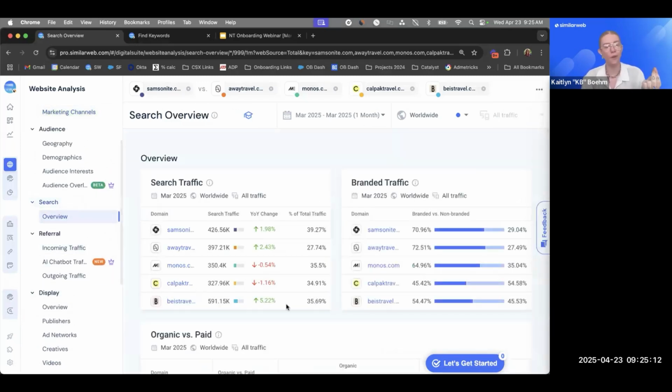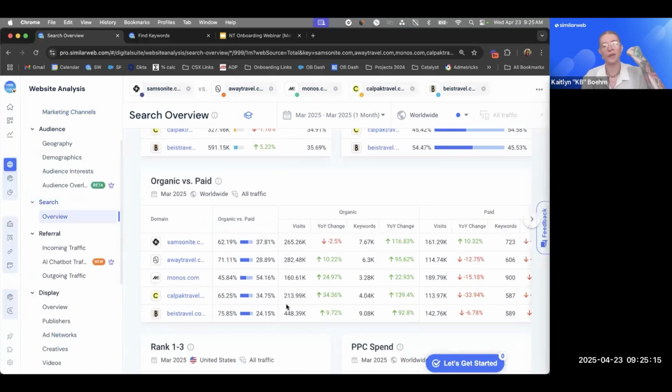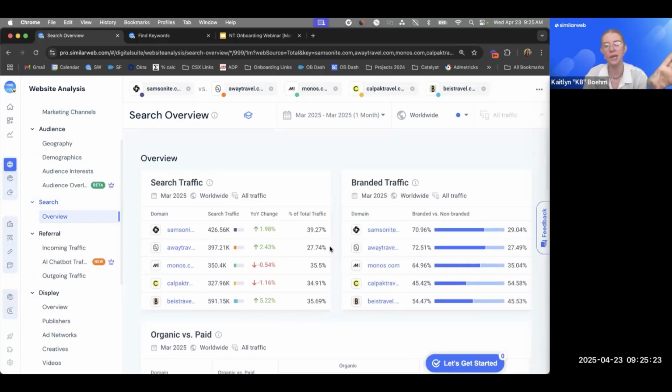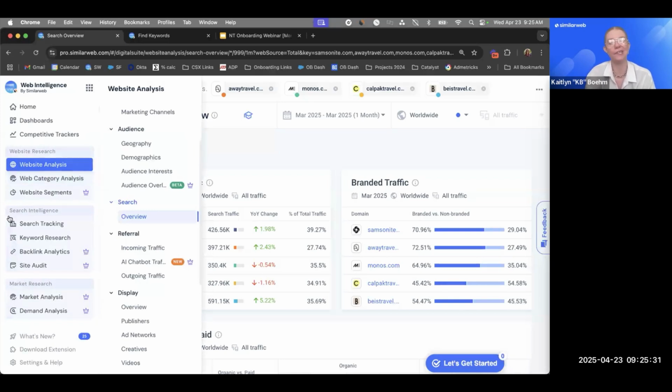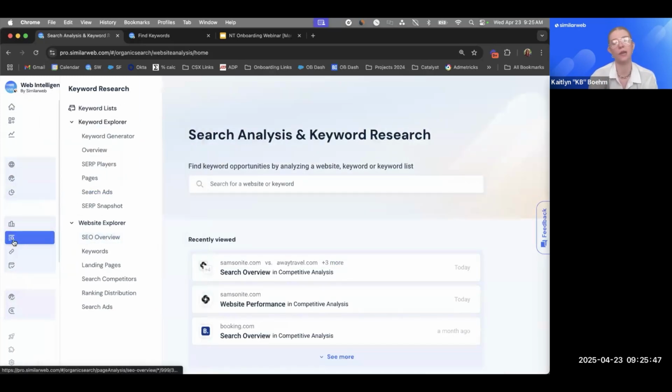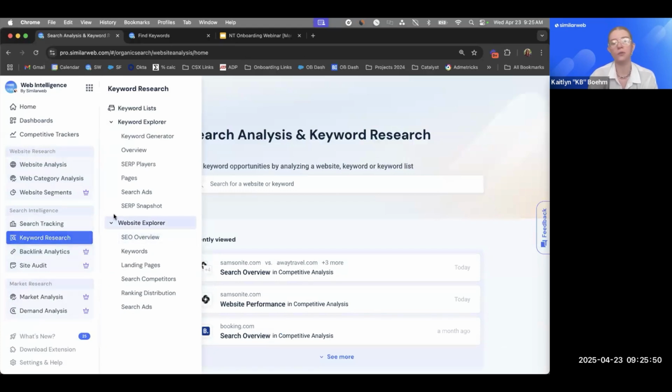And we do have a really great overview in terms of the paid and organic traffic. You'll see here, I'm someone who likes to look at colors. If I see red, I want to investigate this even further. I get some spend, I get some ranking data, but I'm going to do something else, guys. I'm taking you to a different area again, and I'm going to go into this last little section down here. So website research is where I said is the bread and butter. But if you want to go one more step further and you want to take a look at your keywords data, which is such an important feature that we have here, make sure you click into keyword research and we're going to explore